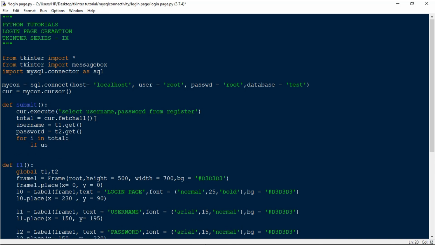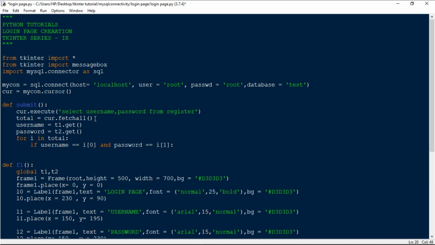then if username is equal to i[0], since the first attribute of each nested tuple is going to be the username. So first we're checking if this case is true, and password is equal to i[1].